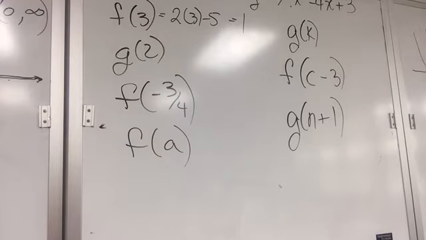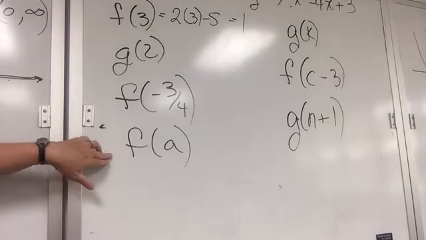-3/4? Well, no, I didn't get that answer. Oh, shoot. -13/2 is correct. Okay, what would -13/2 be if you put it in a mixed number or a decimal? -6.5. Okay, so that would be the same thing. All right, what is f of a?